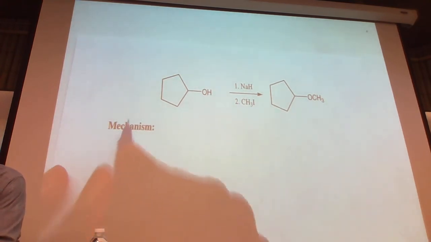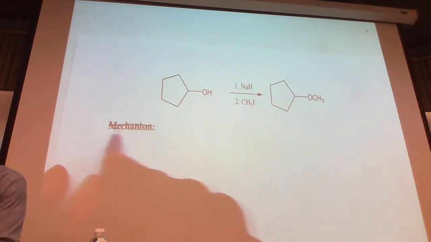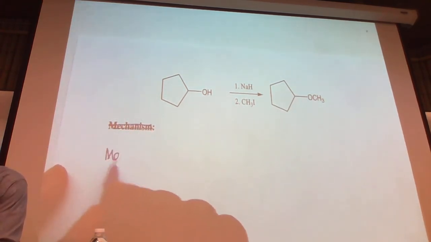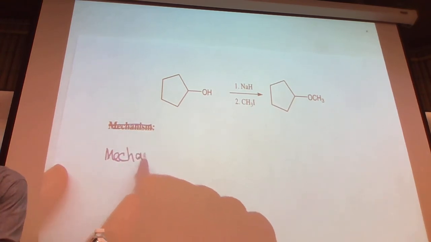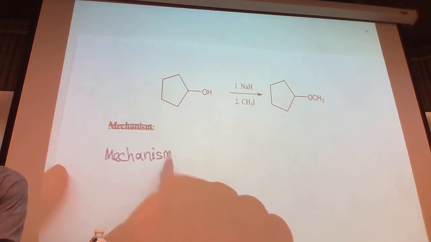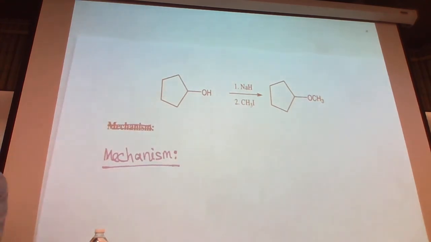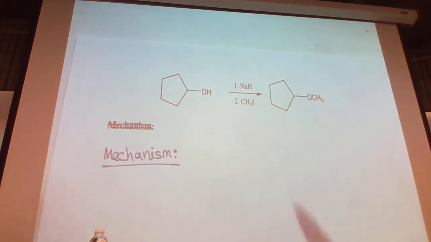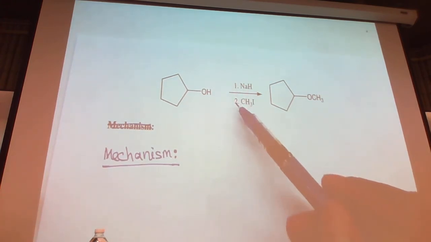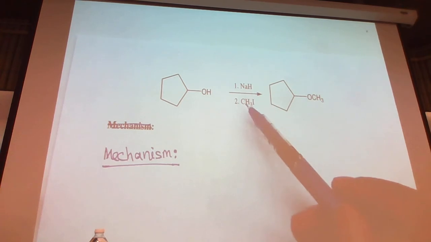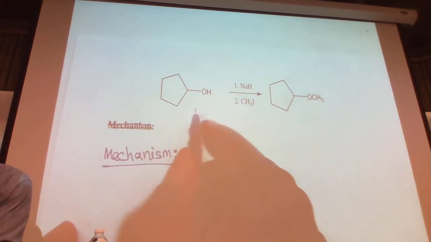Before I do the mechanism, let's cross the mechanism out and put it a little bit lower, because something came to me when I was reviewing this that I should break down for you. I know by now a lot of you have gotten used to the fact that when you have 1 and 2, this is saying that you're adding this first and then adding that next. But another way that the question could be set,